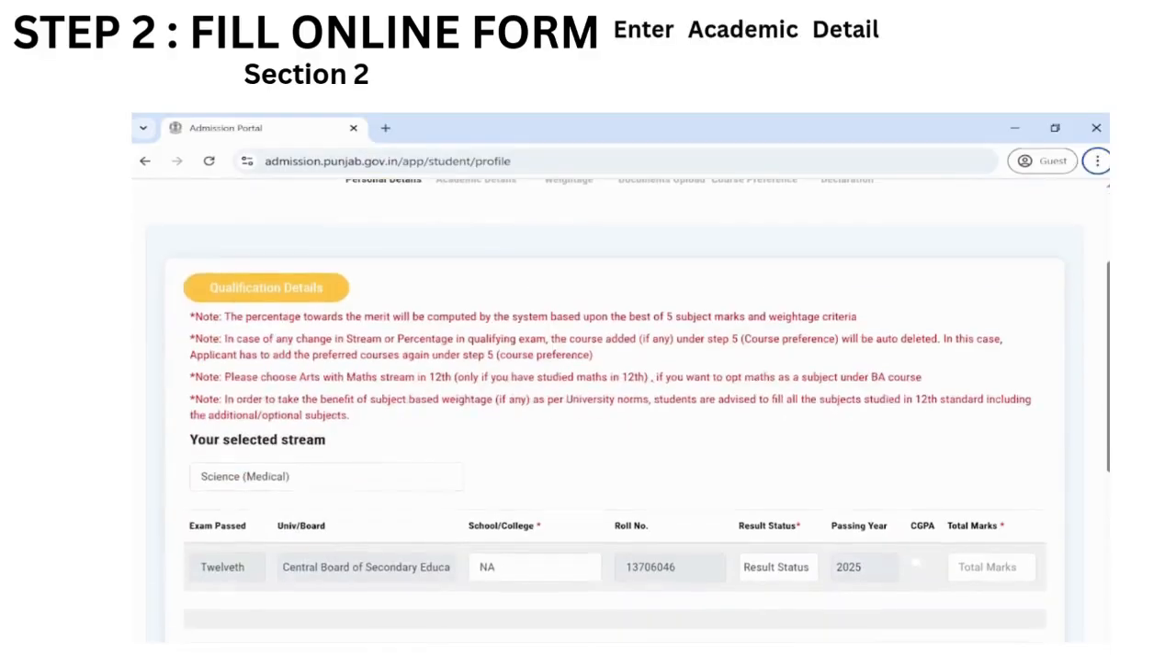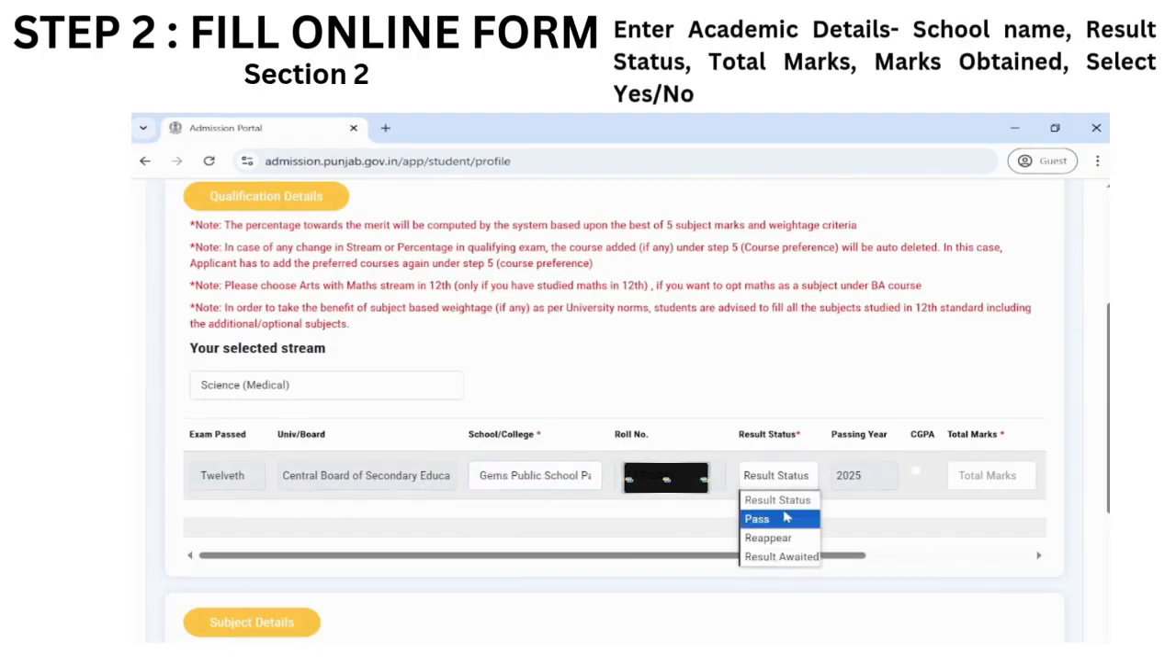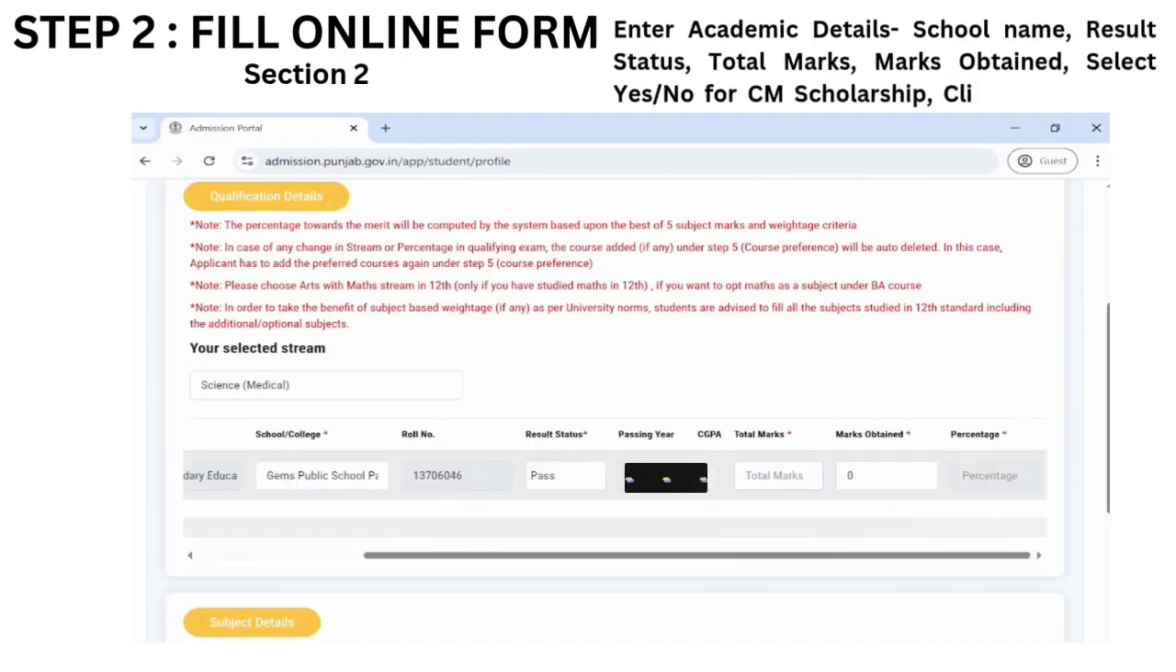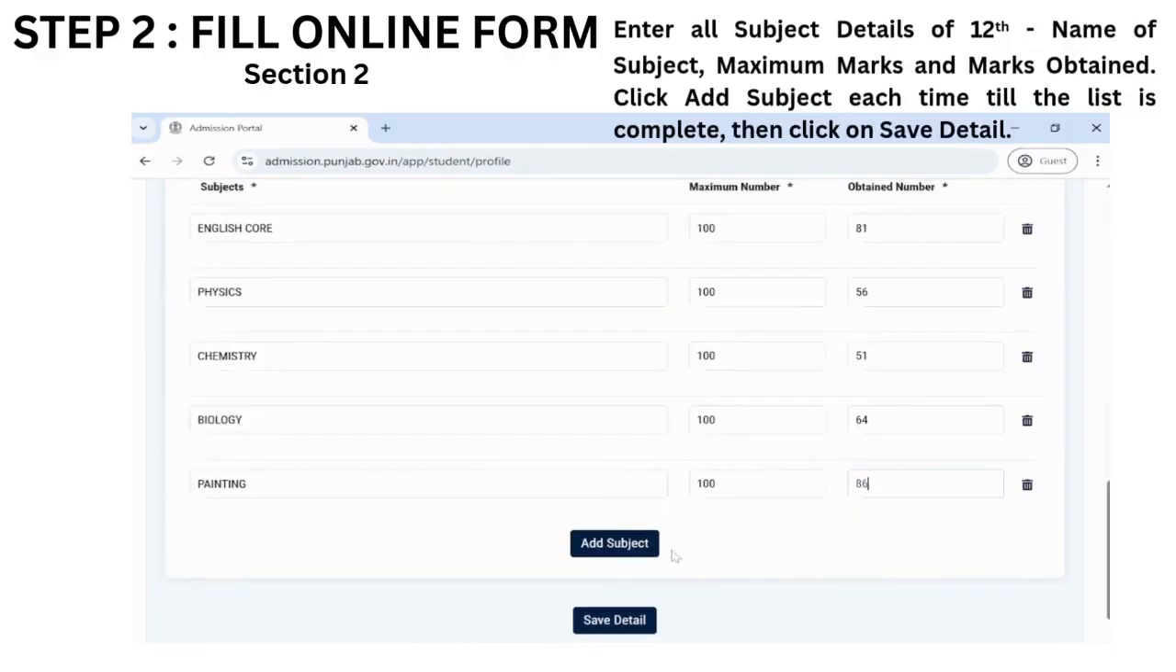In section 2, fill your academic details with your school and college name, your result status, total marks and marks obtained. Fill yes or no for CM scholarship. Click on the checkbox and start adding subject details of your 10+2 DMC with the subject name, maximum number and obtained marks. Each time click add subject. Fill 5 subjects